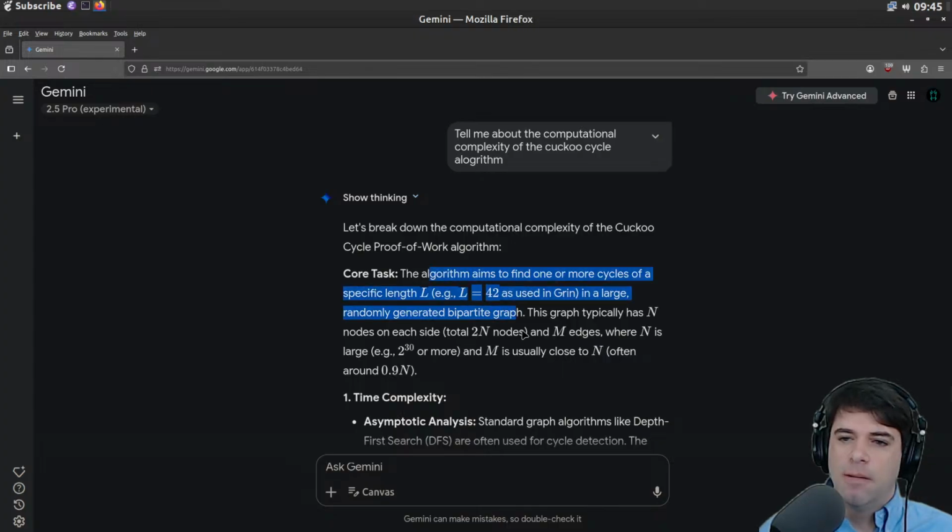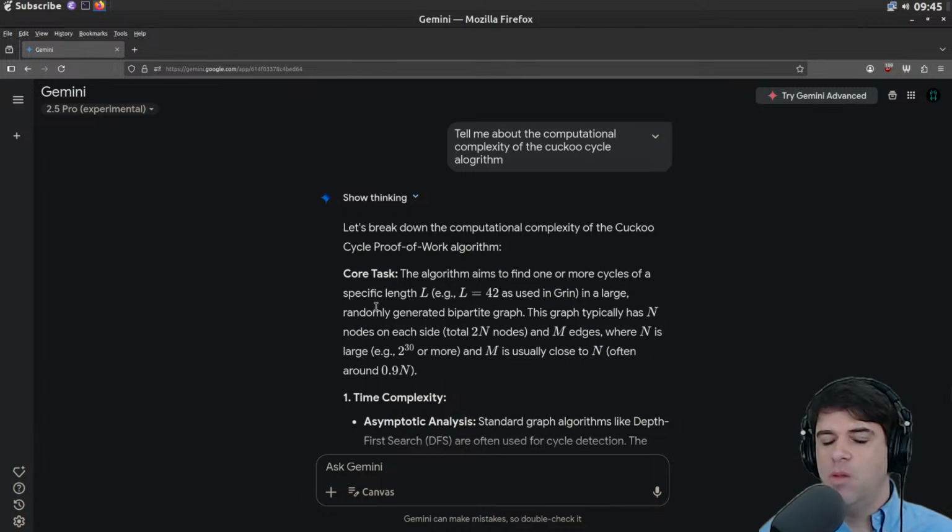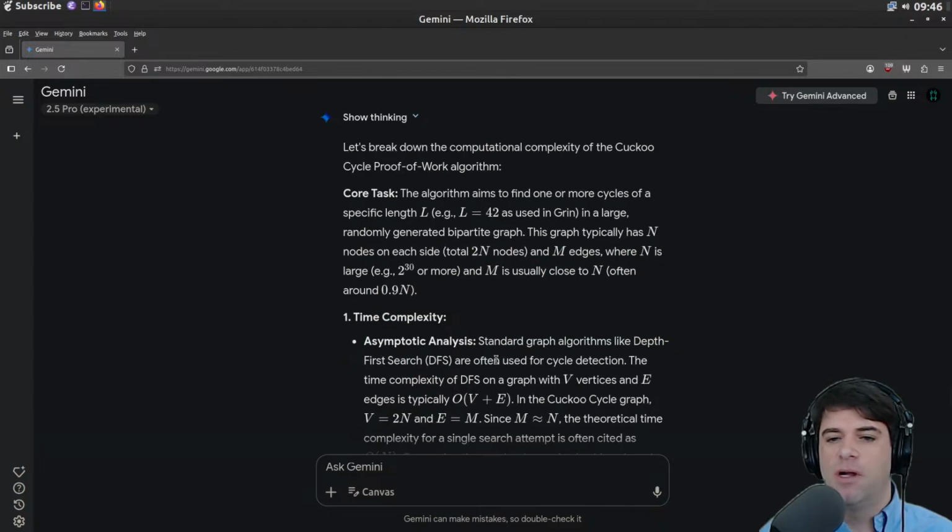So the core task: the algorithm aims to find one or more cycles of a specific length L, 42 is used in Nguyen, in a large randomly generated bipartite graph. It typically has n nodes on each side for a total of 2n nodes and m edges, where n is large, like 2^30 or more, and m is usually close to n, often around 90% of n.